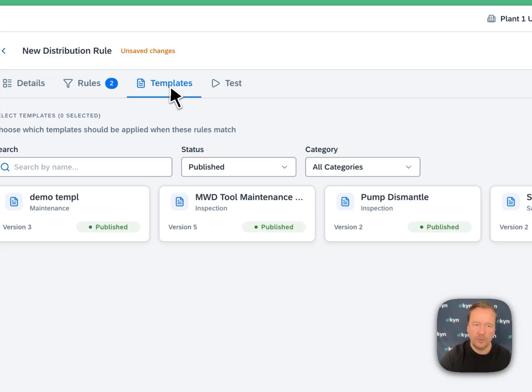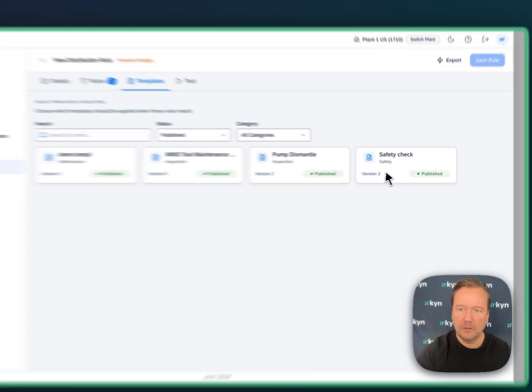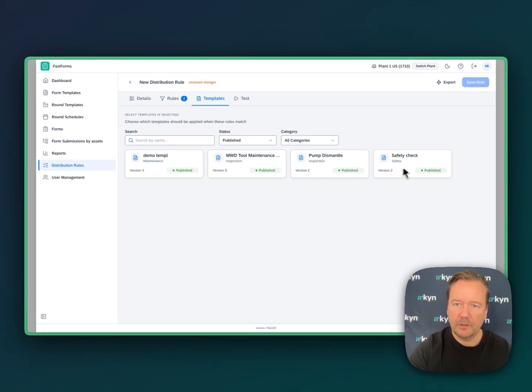And then I just choose the templates that need to be filled out. So for instance, the safety check we just made and the tool maintenance inspection form. And then you can save the rule.